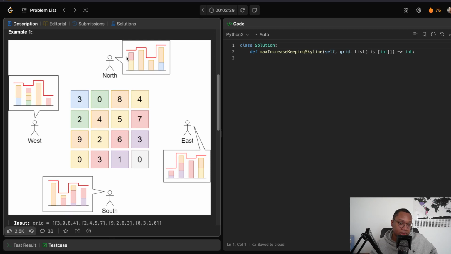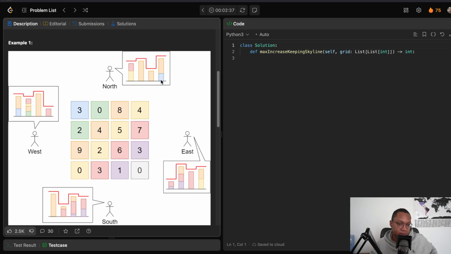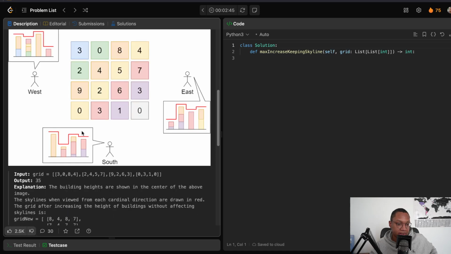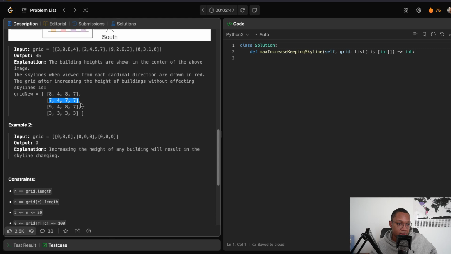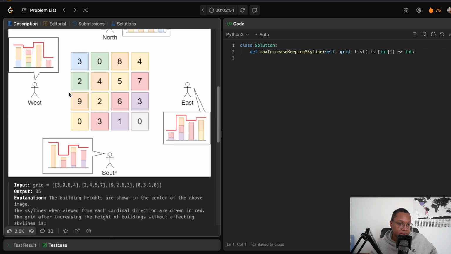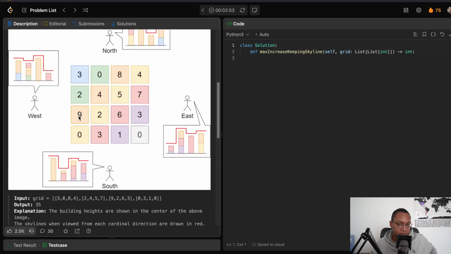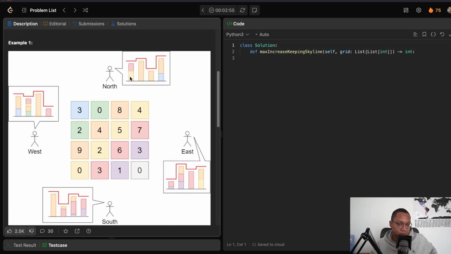But then what does it look like? 3 and 9. 9's a max. Well, does the 3 get affected? And by here? If I make this one 4, does that destroy the skyline? No. It doesn't. It's literally just the max. Okay, so